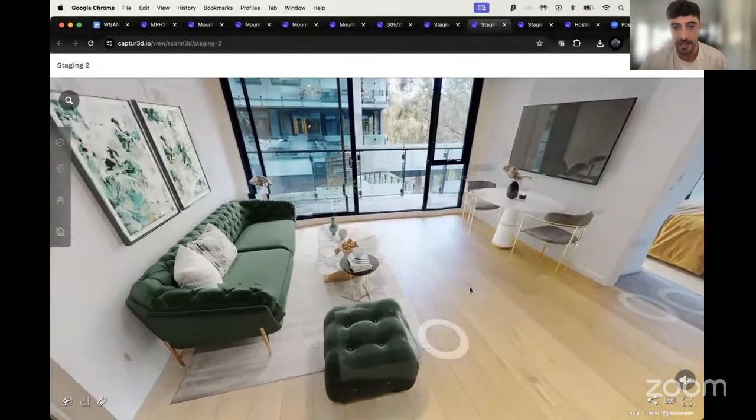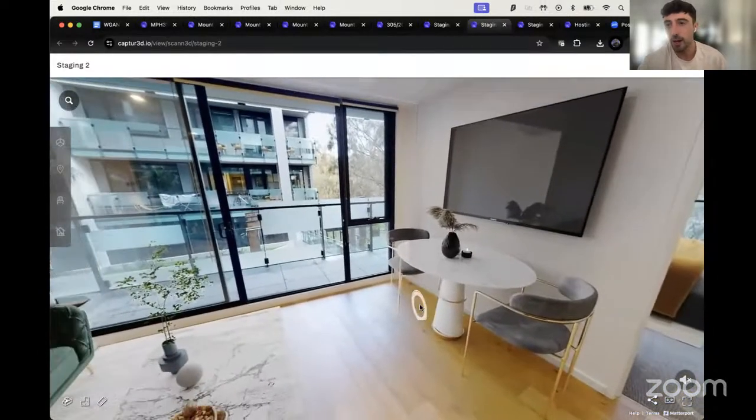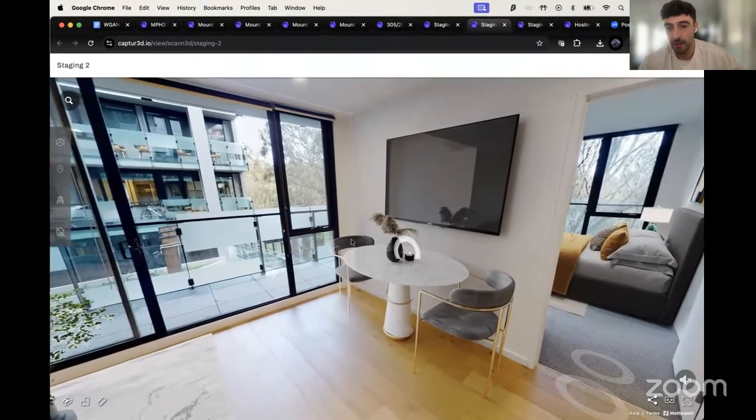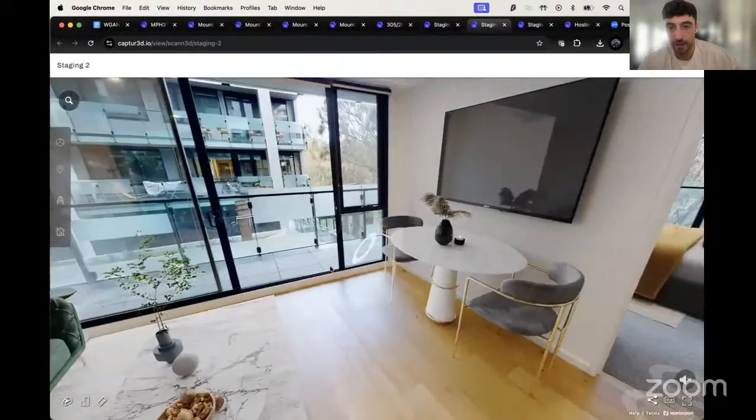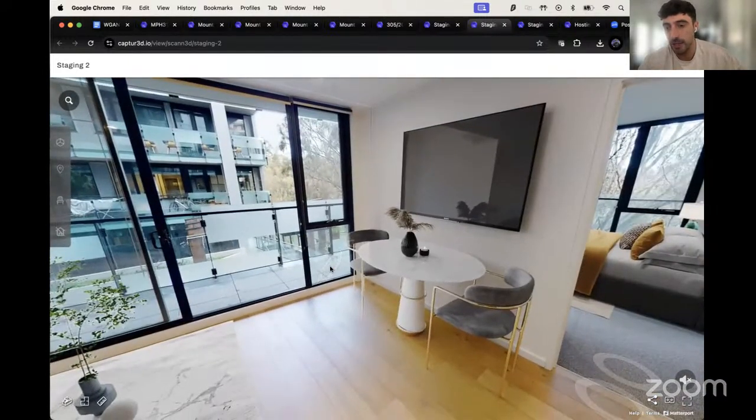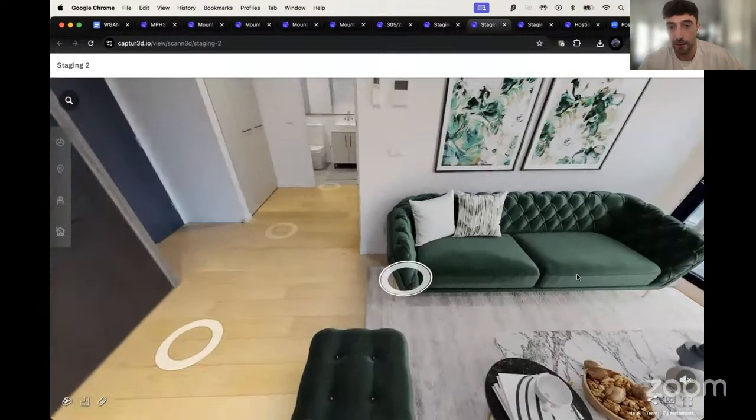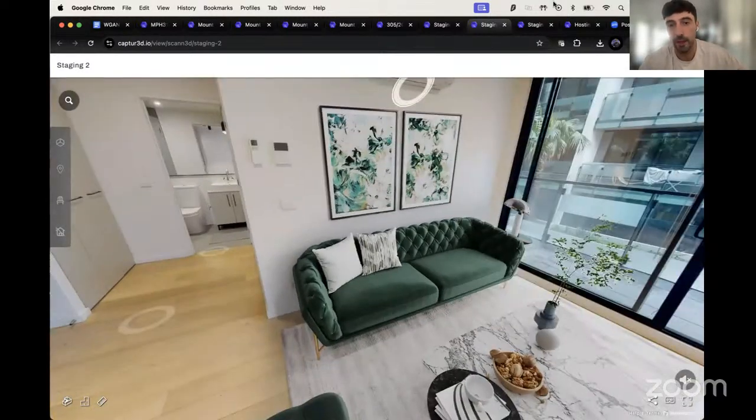As you can see, something really cool as well, we do pay attention to a lot of details. So this TV, obviously not real, and this vase and plant, not real, but we've integrated the reflections within the TV to make that as realistic as possible to users. So definitely little elements and touches that we are using to provide as much realism as possible within this format of virtual staging. So yeah, that's pretty impressive.